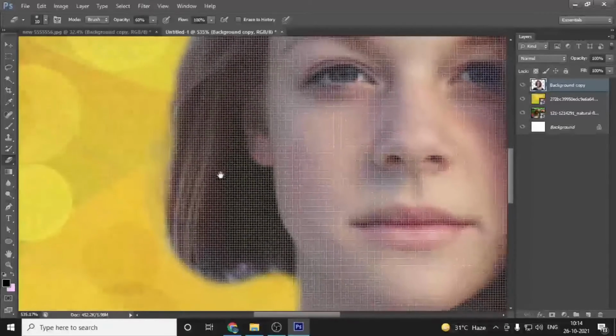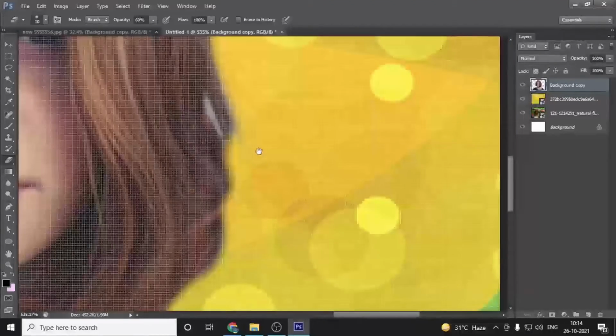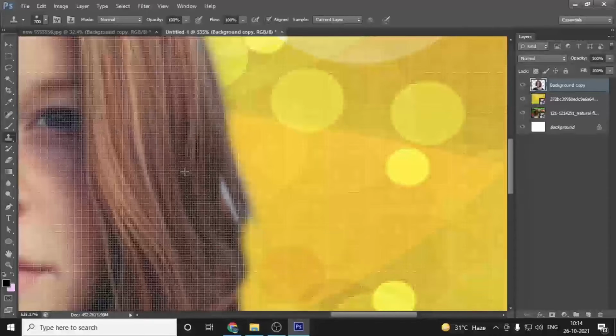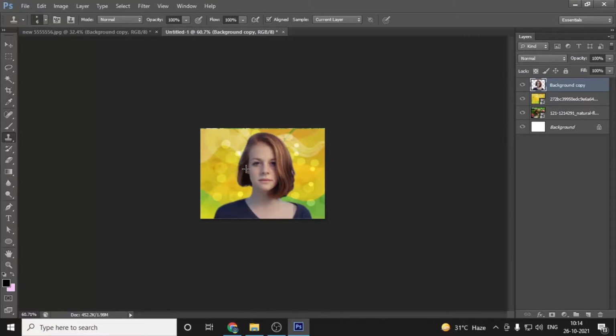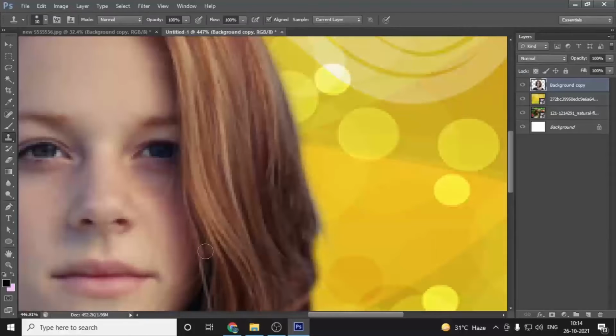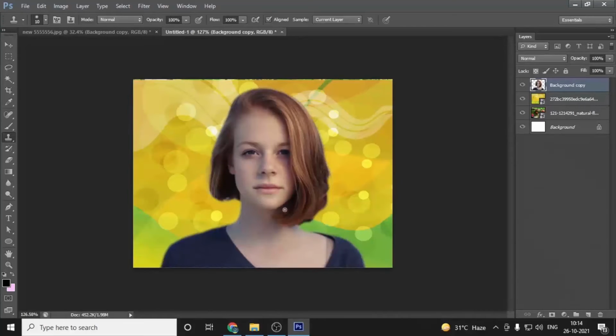As I said, the more accurately you remove your background, the more realistic it will look. If it doesn't look good, I will press S for the clone tool. I can take the hair from here and remove that part. I can remove this part easily.